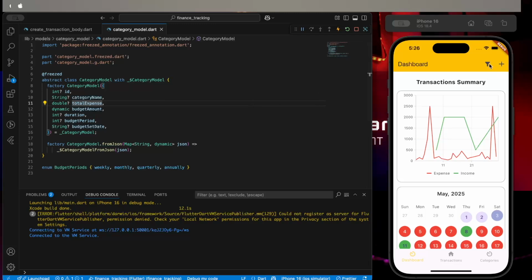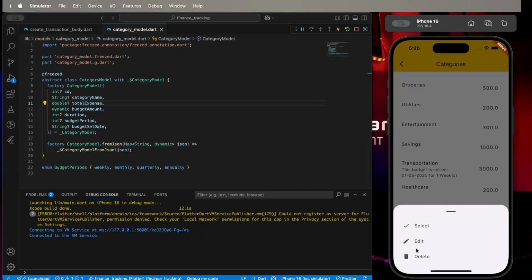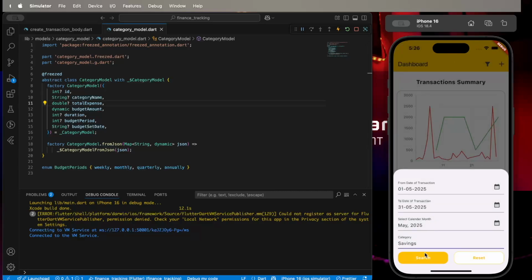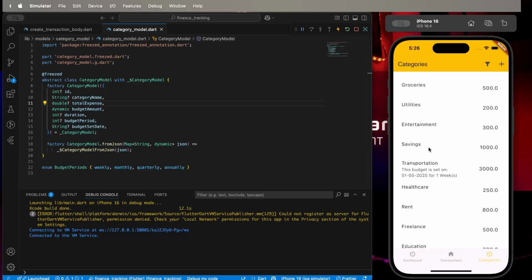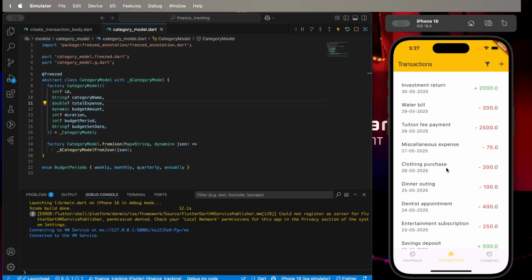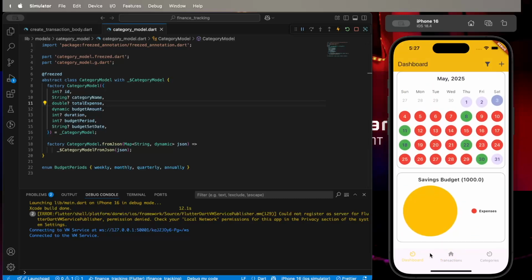We use this variable when we select, say, Savings, and click on search. You can see that it is showing empty, but we have some transactions here related to it, but we are not able to see any